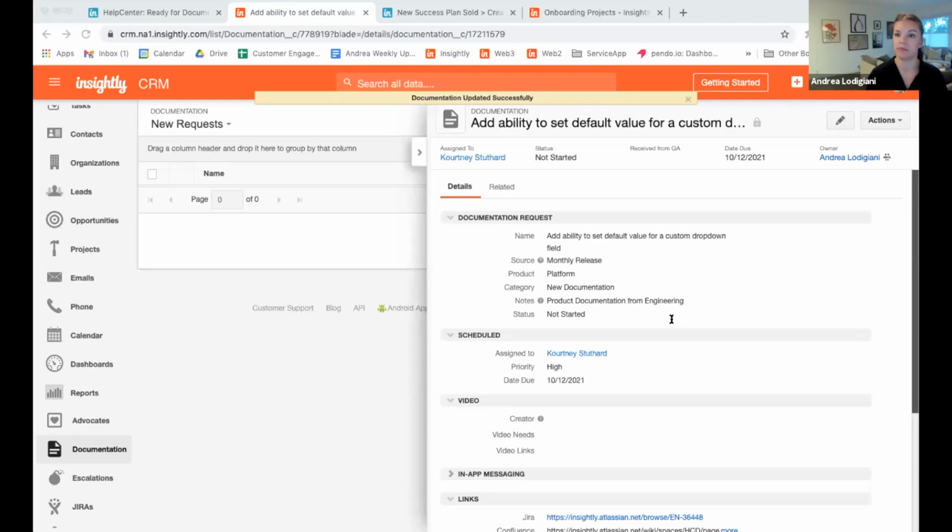So that could be CRM, marketing, and service in one contract. That way the onboarding specialist or the CSM can track the unique needs of each of those configurations without overcrowding one record in the CRM. Then each of those onboarding projects is also linked to the customer's success plan project record so that we have a very complete, holistic view of all of the engagements we've had with that customer while they've been in the